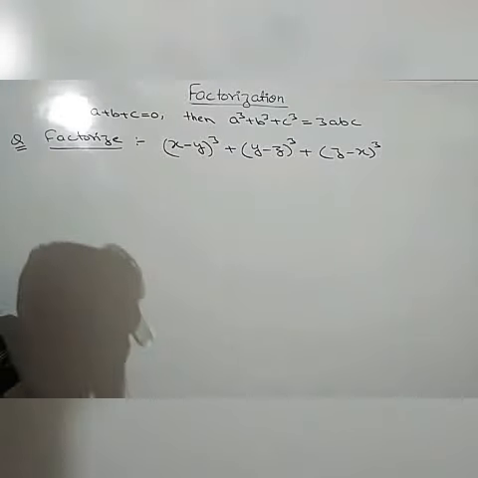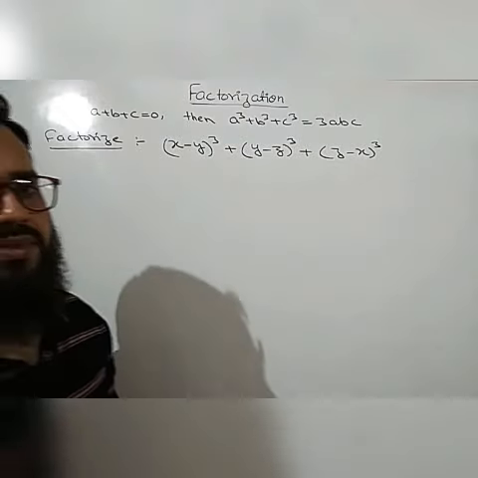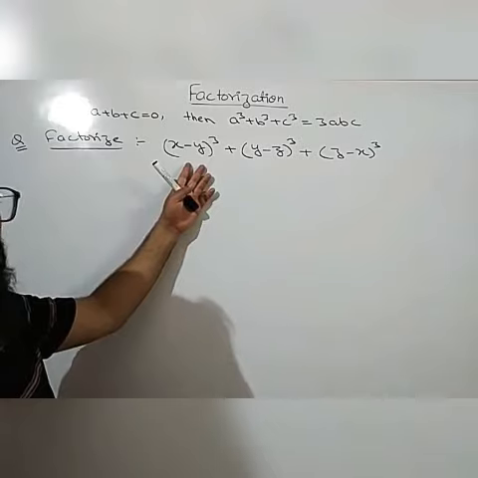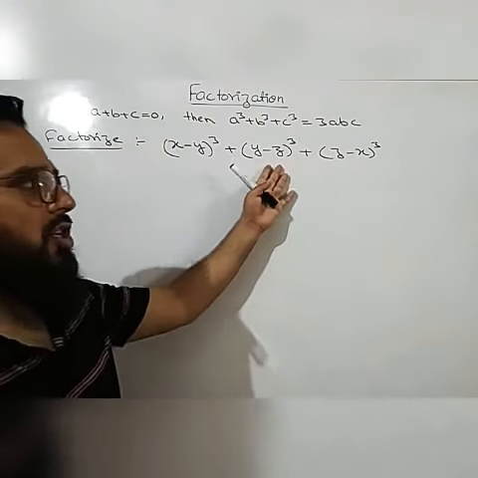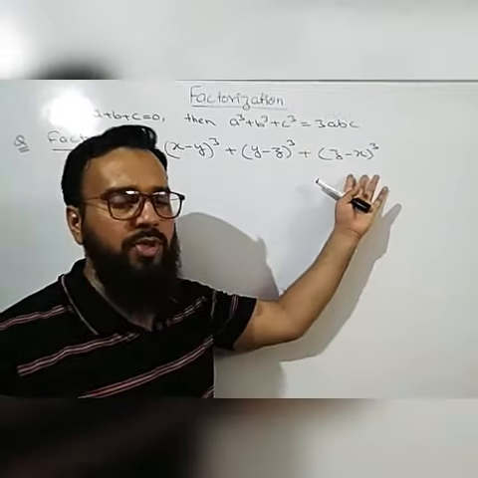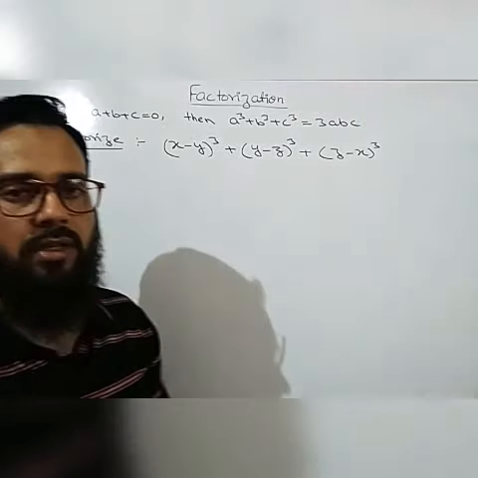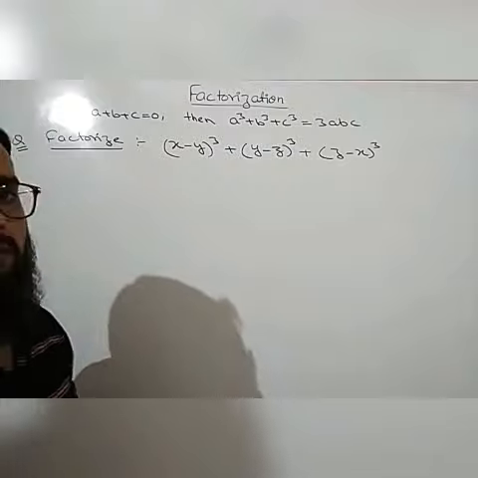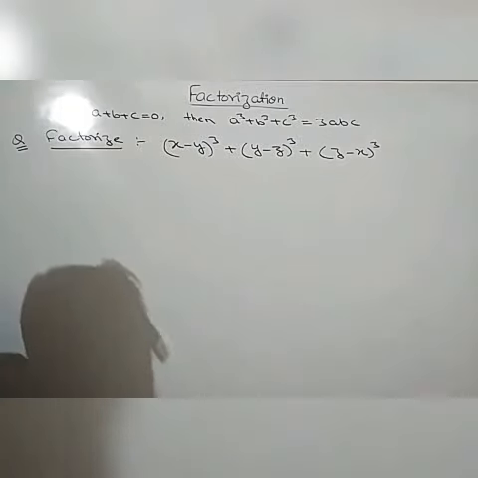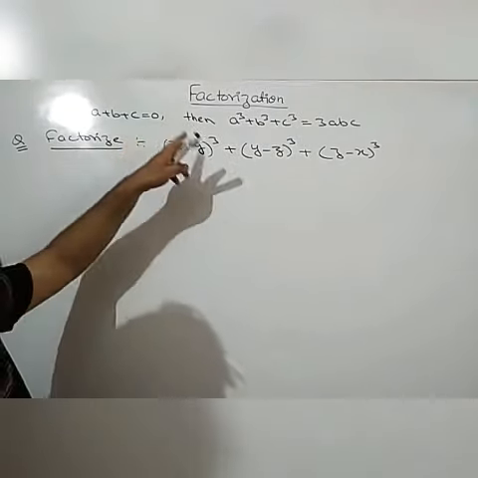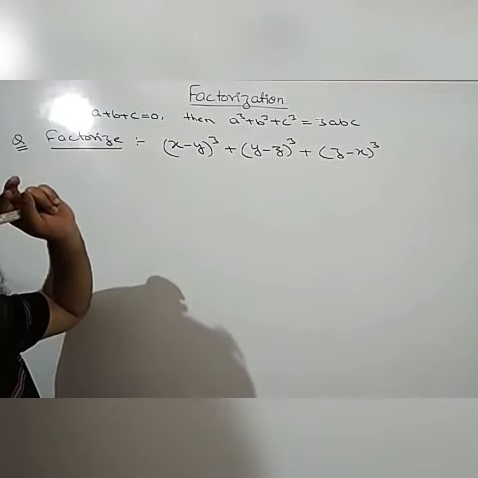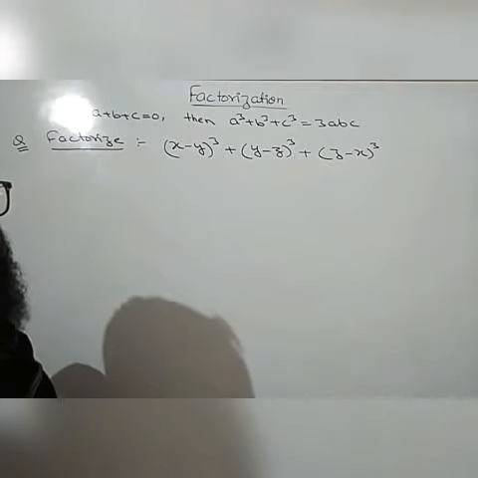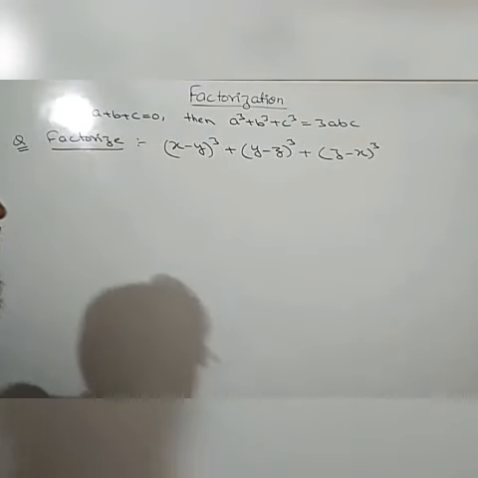Basically, if you see this question, the first concept that will come into your mind is that we can expand each term, a minus b whole cube, and it can be solved by that method also, but that will be a more lengthy method. Okay, that will be solved, but it is a lengthy method. Since we have studied this identity, a cube plus b cube plus c cube is equal to 3abc when the sum of the three terms is 0, first we will check. Now how will you solve this question?